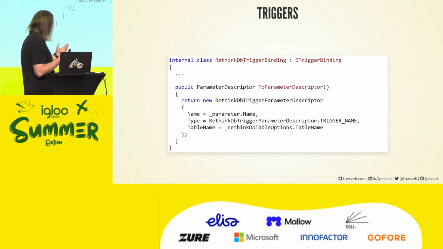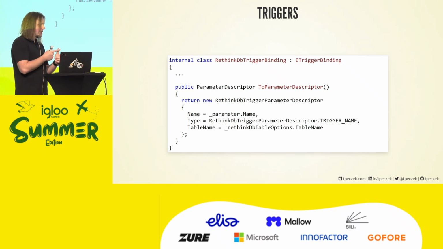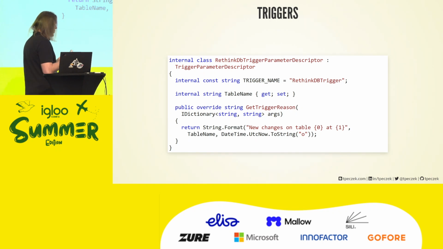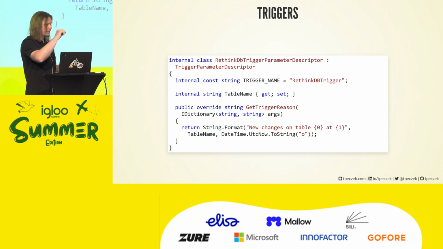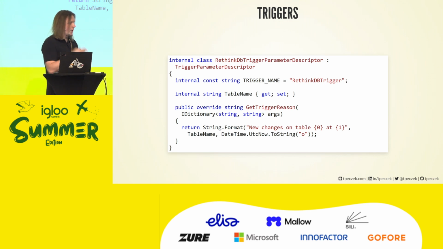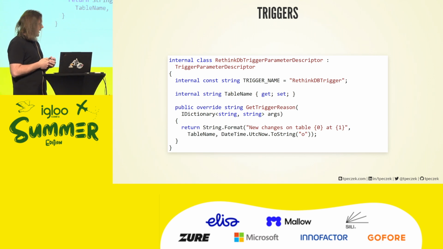Last but not least, parameter descriptor. A descriptive way of telling us developers what has been invoked and why. It has to contain the trigger name, parameter name, all the other potential attributes that the author decided are important, and it needs to nicely format it in a string for us, so we can read it. You can actually meet those strings in console if you are running Azure Functions locally. They will pop up. They are there in the logs. They are for you to actually understand when which invocation has happened. So let's dig a little bit in those two last components.